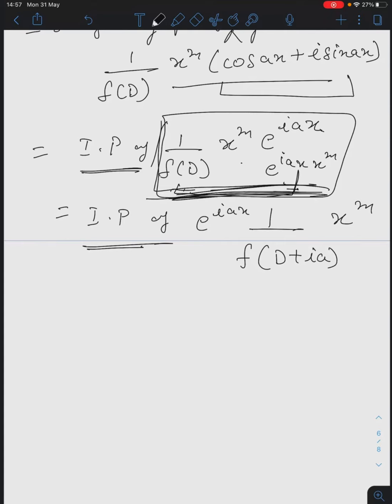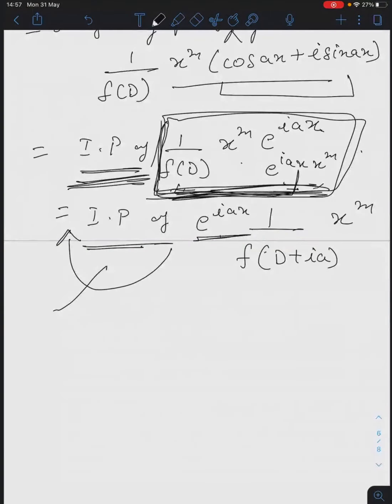Yes, ma'am. Okay? So this is how you have to simplify and solve it. And remember, you are writing e to the power iax to the left of this operator, not to the left of this word imaginary part. That will be wrong. Don't write it here. That will be wrong. Here itself you have to write, to the left of the operator. Look at the box I have made. You have to find the particular integral for this part, and in the solution you have to just consider the imaginary part of this thing. Okay?